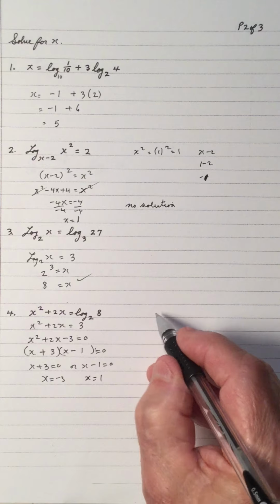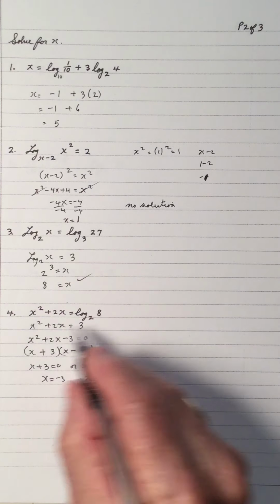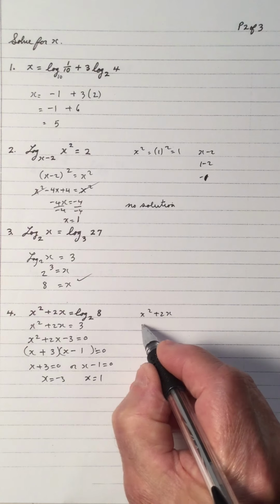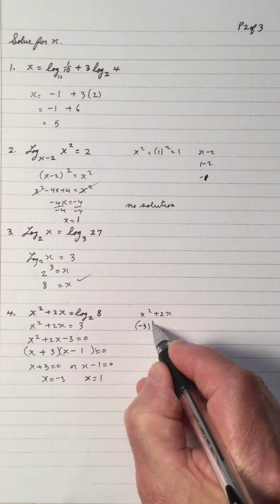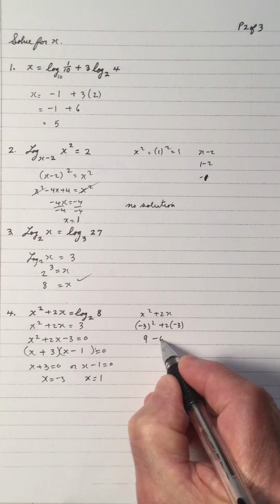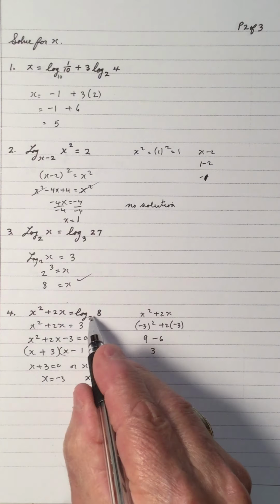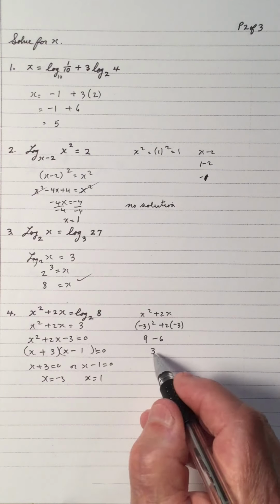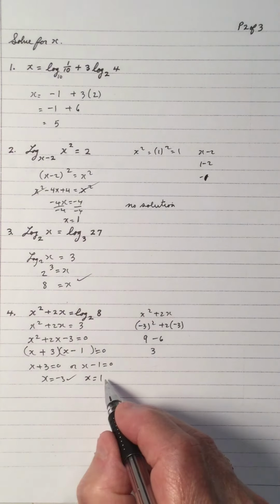So we sub it in and put in a -3. So x squared plus 2x. x is -3. 2 times -3. So that's 9 minus 6 is 3. And the log of 8 base 2 is a 3, so -3 is okay. And now let's try